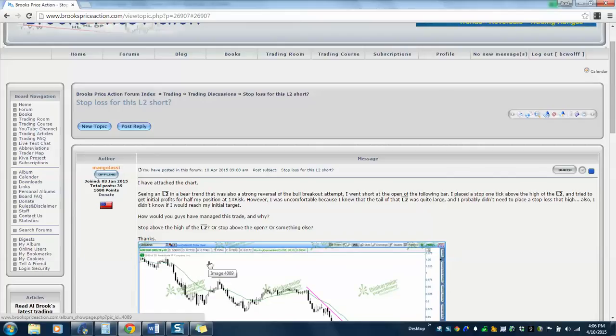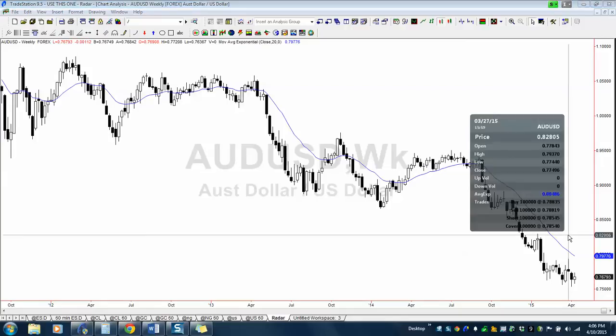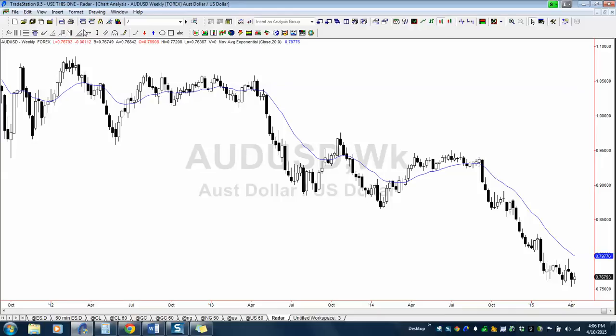You're asking about right here. You can call it a low 2. I'd call it a low 2. And you're asking, if you sell this low 2 right here, and this is the Aussie dollar weekly forex, where do you put your stop and how do you manage it? Well, the problem I have is I would not take that trade, and the reason why is